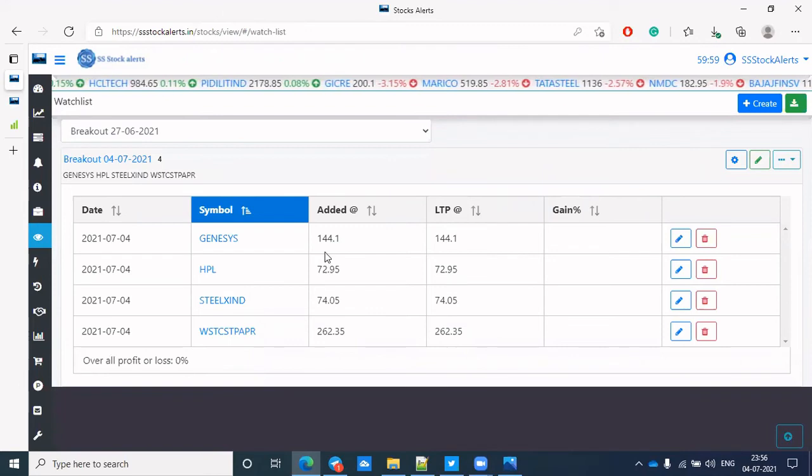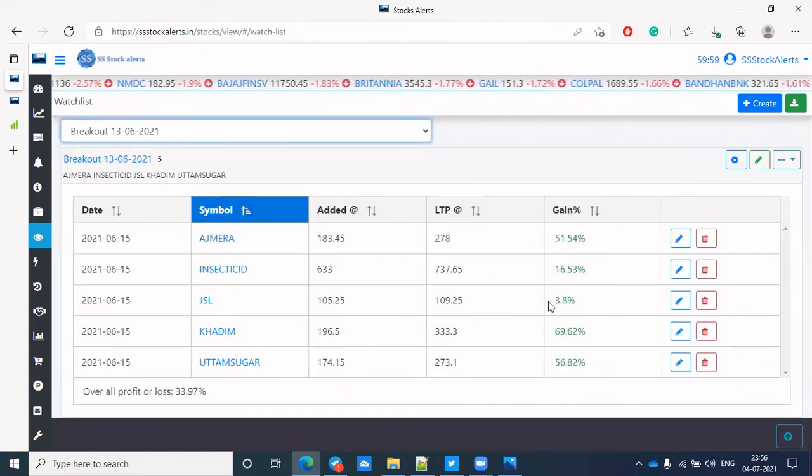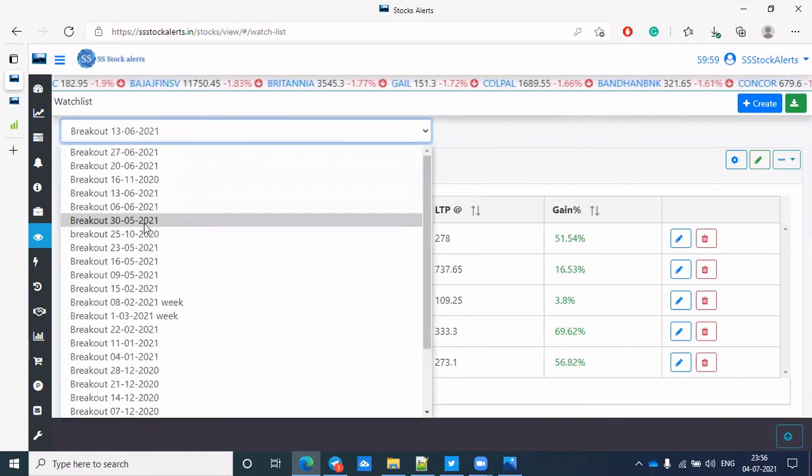The next question is position sizing. I have a capital of 1 lakh, and I will maintain only four stocks at a time. I will allot an equal portion of the amount to each stock and buy them. I will hold until I get 10 to 20 percent, and once I get the 20 percent, then I will exit.